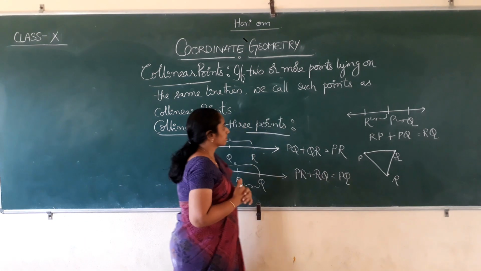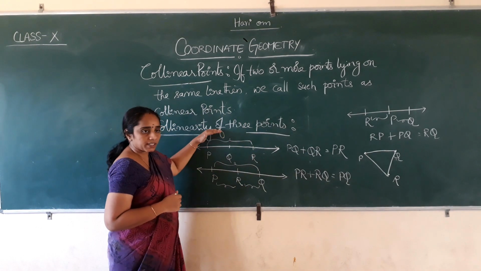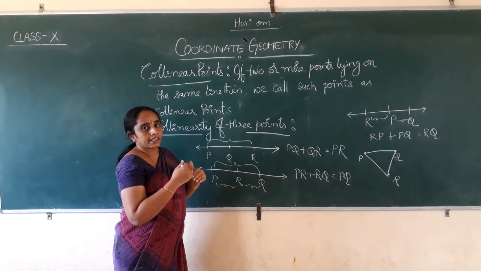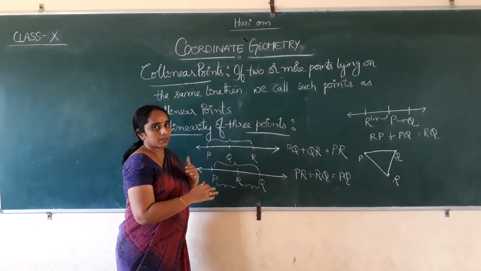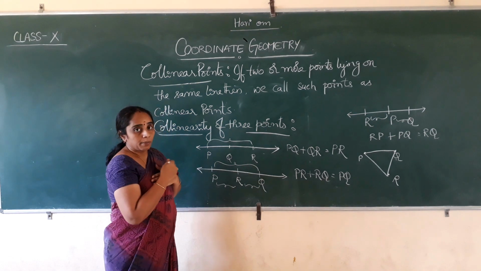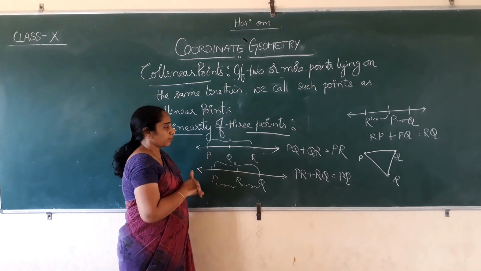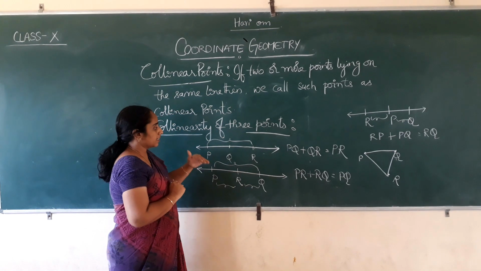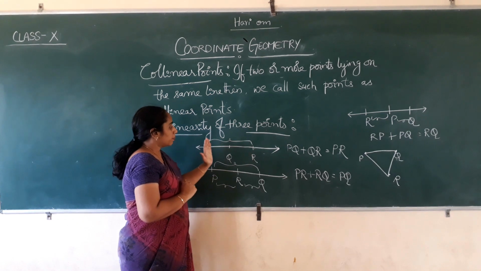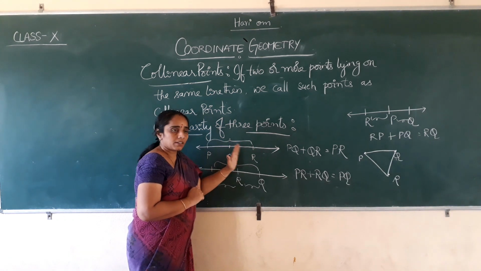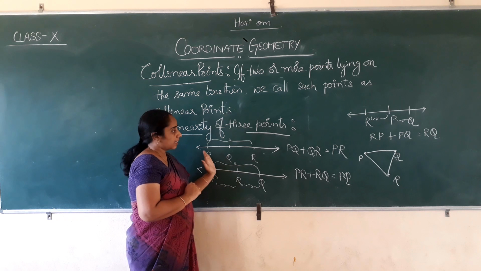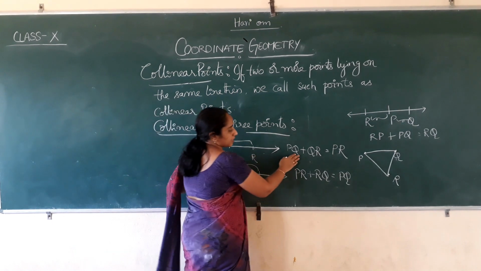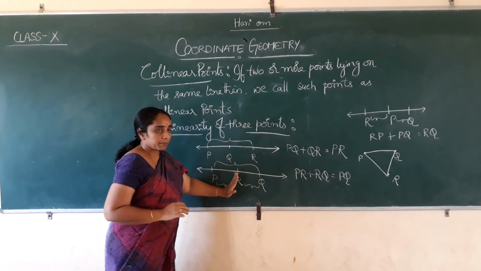Understood? Once again, collinearity of 3 points. If 2 or more points lie on the same line, we call them collinear points. But here we are taking collinearity of 3 points. If Q is the midpoint of PR, then whether they are collinear or not, we can check in this way. If R is the midpoint,